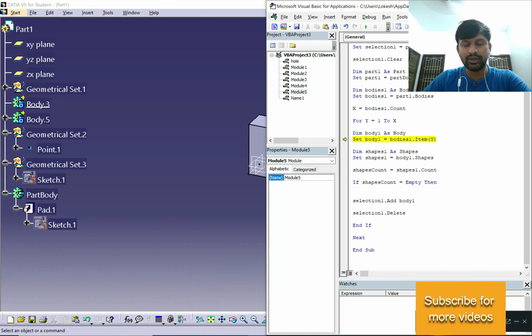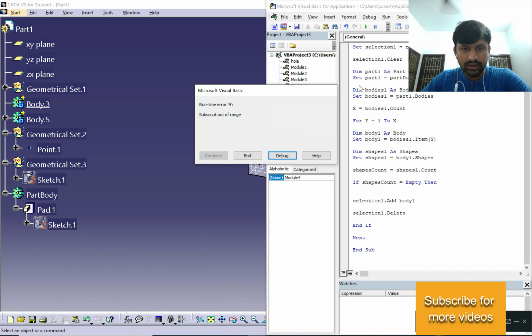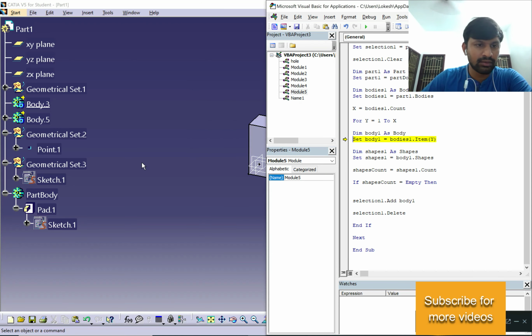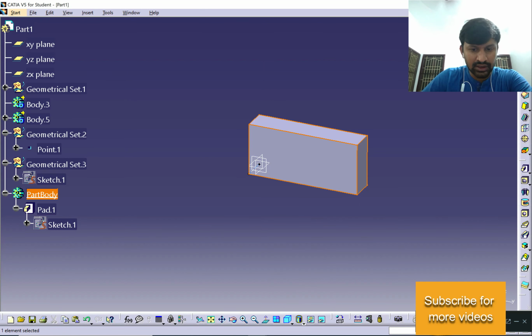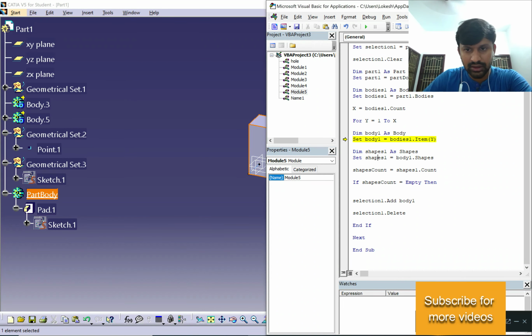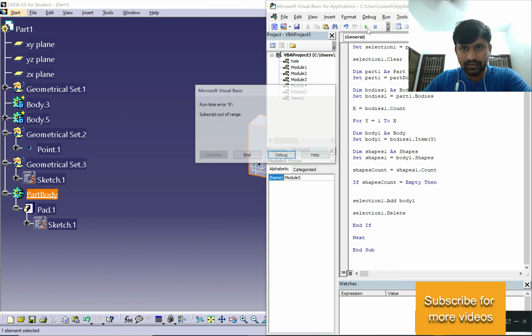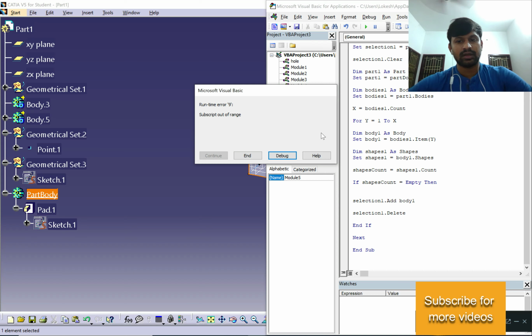To be honest, I don't have any idea. Let me do the troubleshooting. Run-time error, subscript. Okay, debug. I don't have any idea. Let me change this to defining a working object and try to run it. I don't have any idea. Let me run the code again.